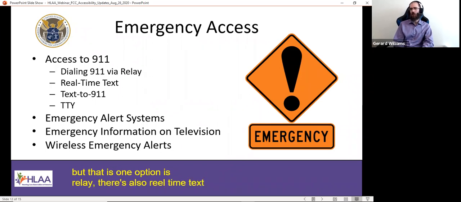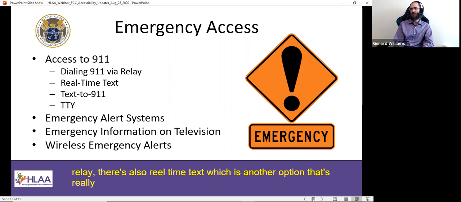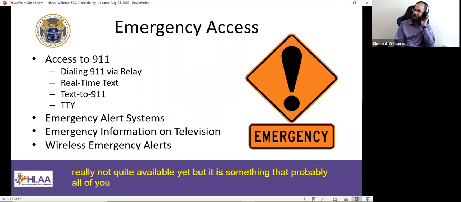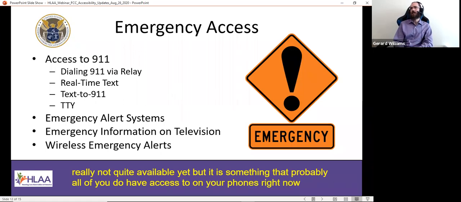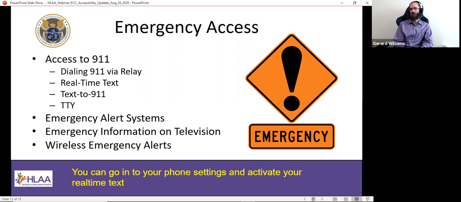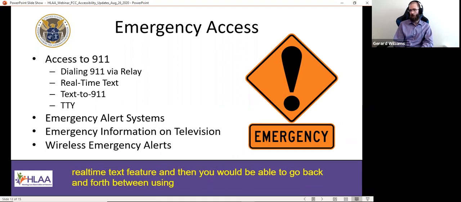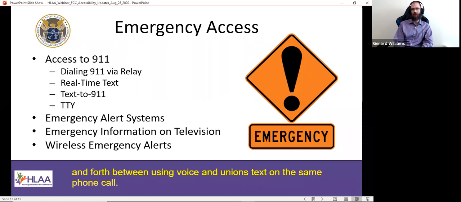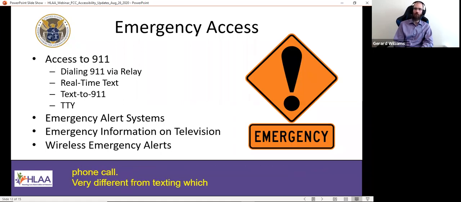It's really not quite available yet, but it is something that probably all of you do have access to on your phones right now. You can go into your phone settings and activate your real-time text feature, and then you would be able to go back and forth between using voice and using text on the same phone call. Very different from texting, which is a completely separate platform from your voice call.